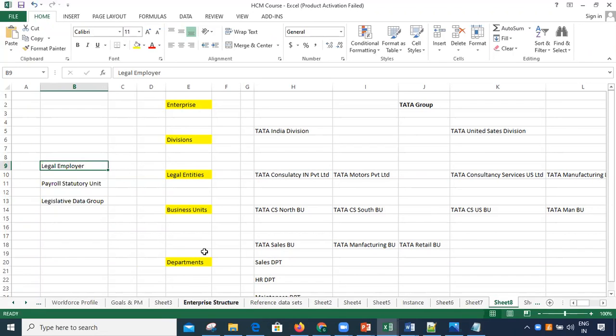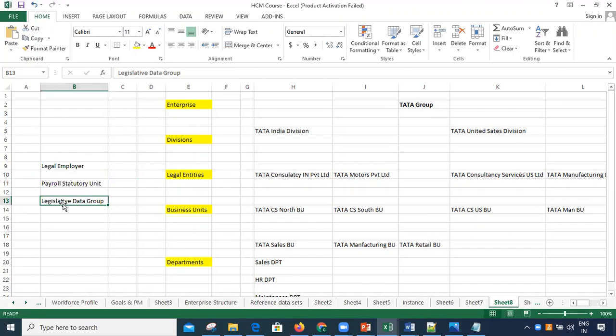Payroll statutory unit: the company which is responsible for processing the salaries and maintaining the taxes of the employees. That is called payroll statutory unit.